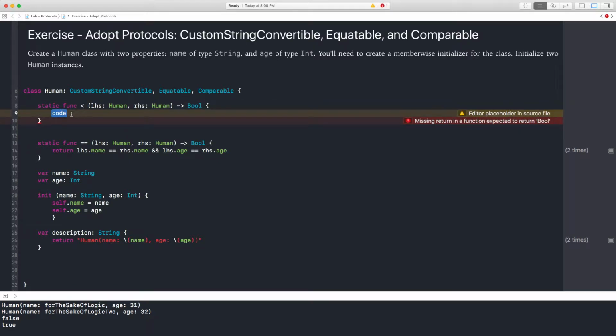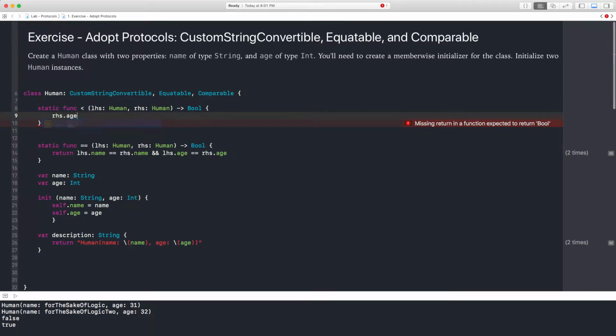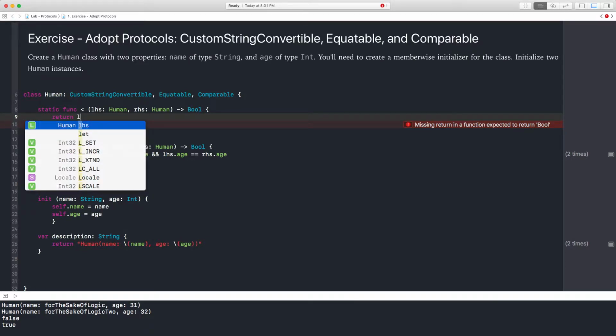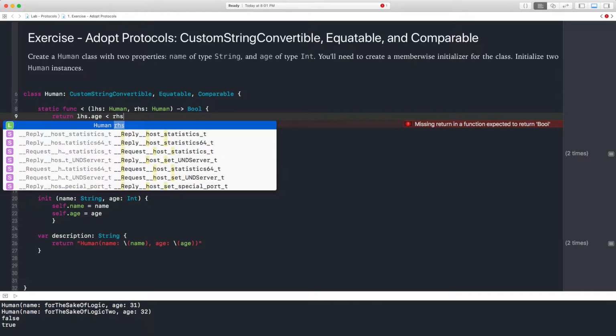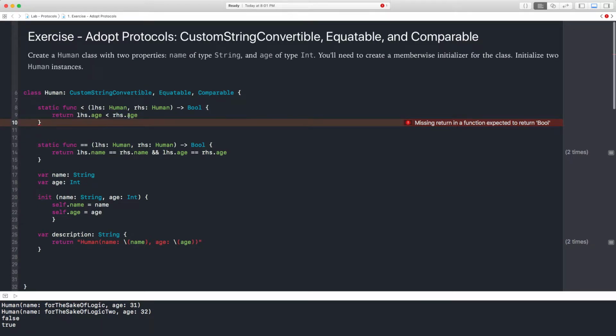Cool. So what do we do here? Again, there's a left hand side and a right hand side, and it throws out a Boolean, essentially true or false. Okay, so what do we do? Right hand side dot age. Well, hold on, we're returning this. Return left hand side. Let's always begin with left hand side less than right hand side dot age. Okay, so we're returning the left hand side age and the right hand side age. Okay, and we're saying it's less than. So it's going to compare these two things, and then I'll be able to compare less than and greater than